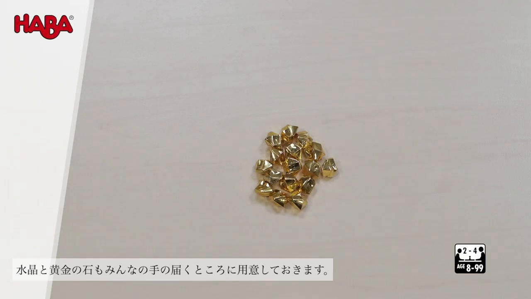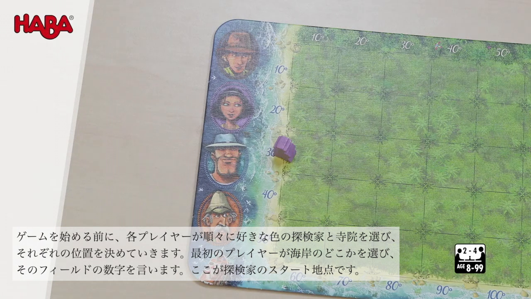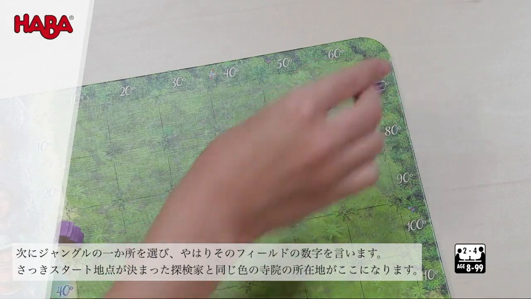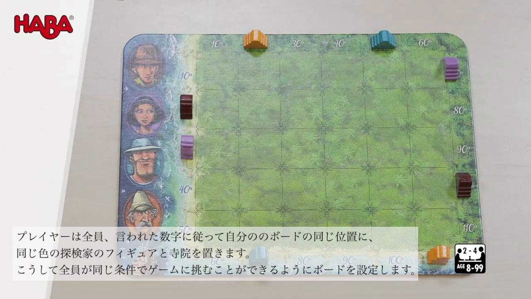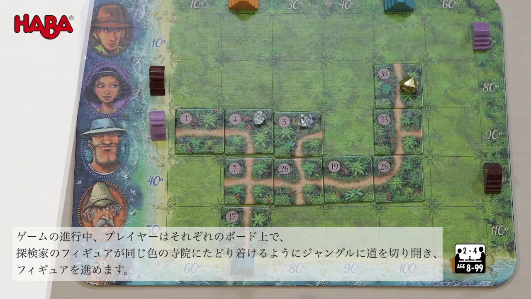Before starting, the players take turns picking a number on the beach where an adventurer should be placed, and then a number in the jungle where the matching temple should be placed. All players place their adventurers and temples on their islands to match one another so that they all start with the same setup. Now each player tries to navigate the adventurers on their island board along paths through the jungle